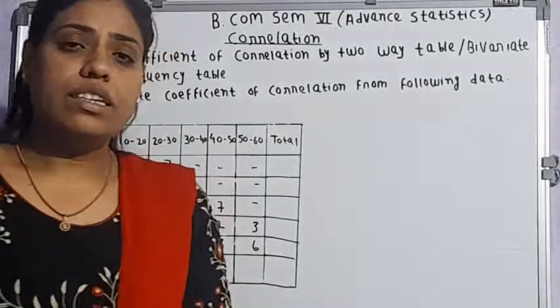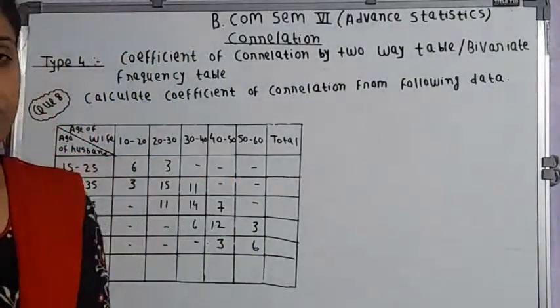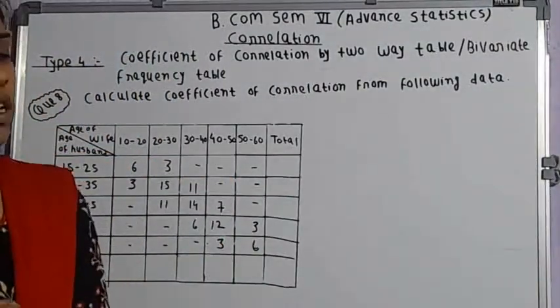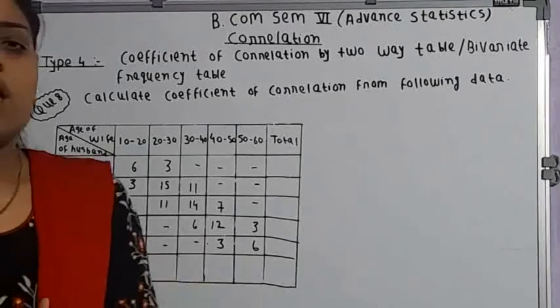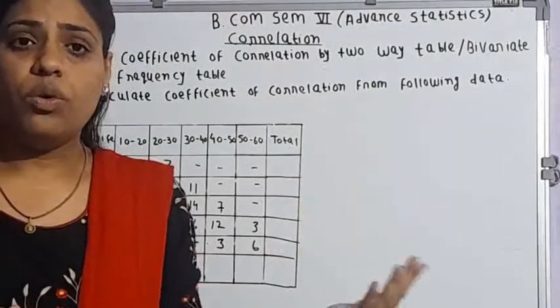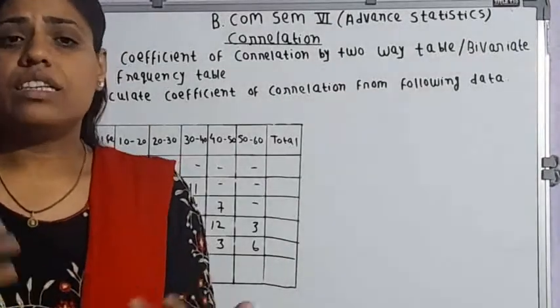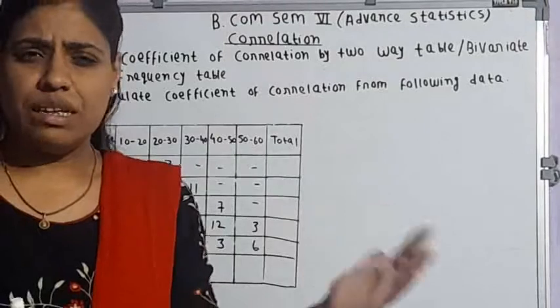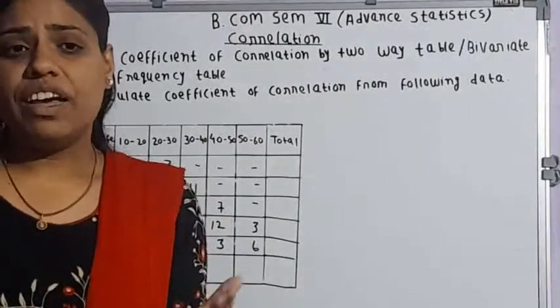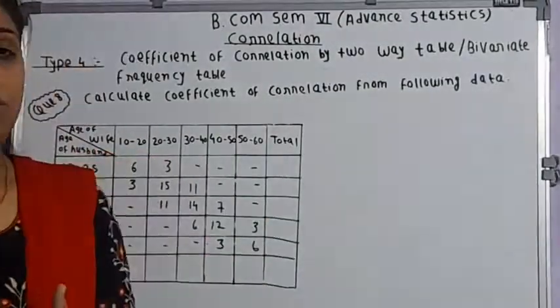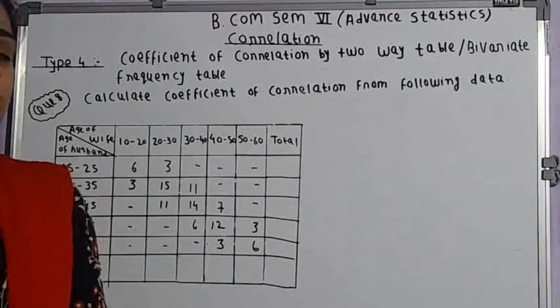Statistics. Under this subject, we are dealing with our first unit, that is correlation analysis. So, in previous lectures, we have gone through the theories of correlation analysis, and then we have discussed the various types of problem. We have started with the simple problems, and gradually we are increasing the difficulty level of the problem. So today we are going to discuss type 4.